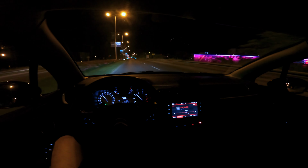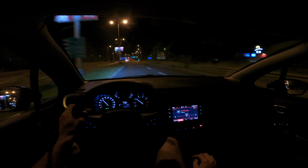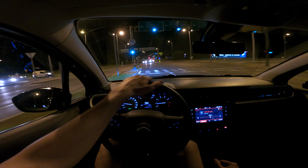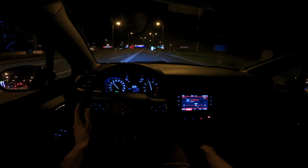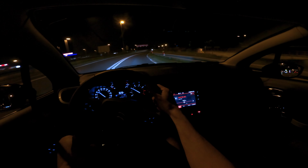We're coming to a highway, so I'm going to be quiet because I've covered almost everything, so you can at least in this video hear some sound in the cabin on the highway. And we're going to check out the LED headlights test as well, outside the city in pitch black. Kind of forgot to mention, but the car is very stable in the corners. It does lean a bit, but the back end doesn't stick out. You'd have to be really aggressive and